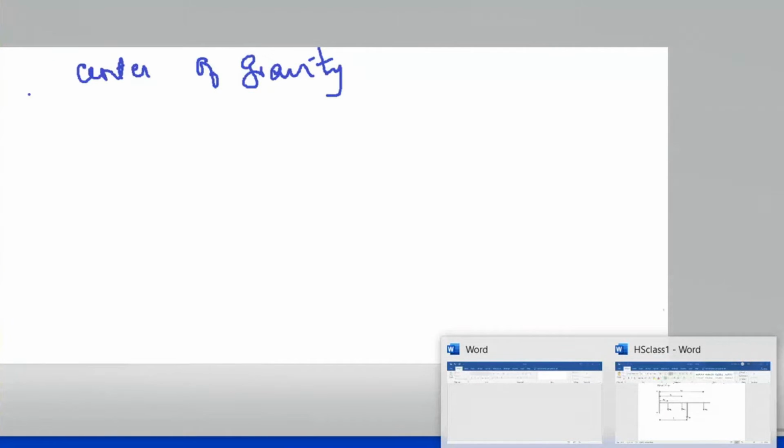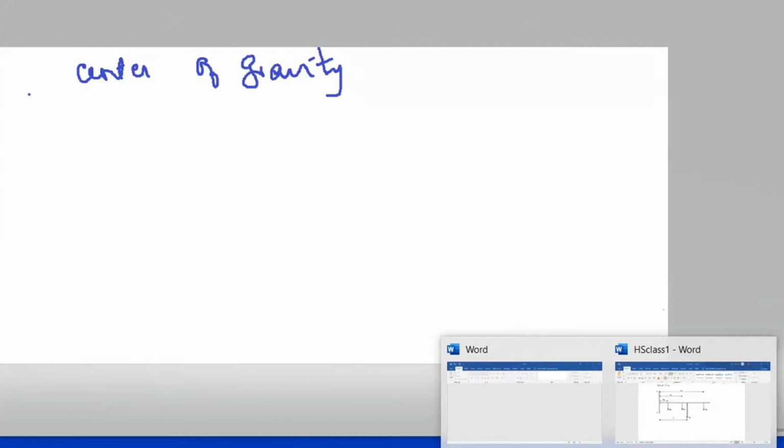So VCG is the distance from the keel to the vertical position of the center of gravity, and it is also called KG, which is K, keel, to G, the center of gravity. So K to G. All these two things say the same thing. So there are ways to calculate the center of gravity. Actually, you have this in the text. It is the same thing.